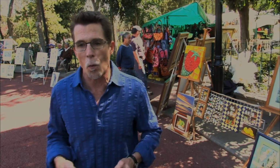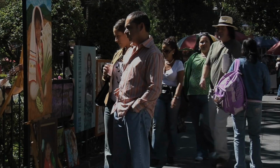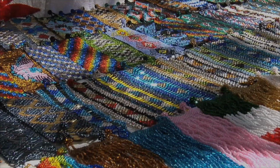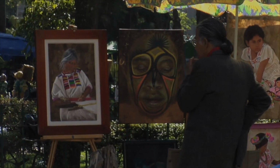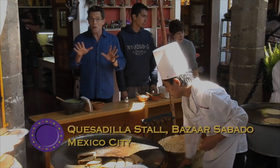This is the San Angel section of Mexico City, and well, forever it's been the sort of unofficial hub of the art world. I mean, just a few blocks over here is where Diego Rivera and Frida Kahlo had their home and studio, and they were always inviting over other famous artists and intellectuals. Now, believe it or not, this whole collection of galleries and craft shops is only open one day a week